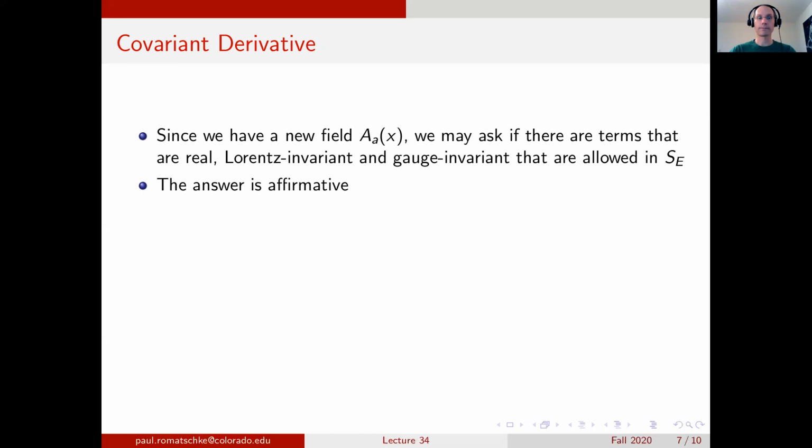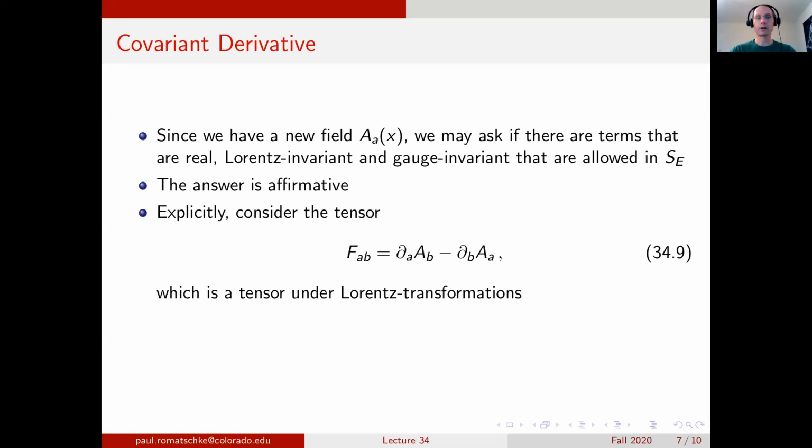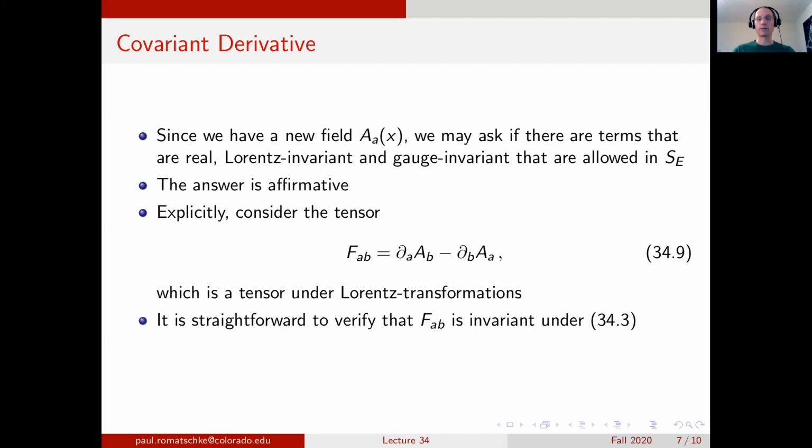There are such terms. And in particular, if we consider an antisymmetric tensor F_AB that's built in the following form, so it's the derivative of A_B minus the derivative of A_A, then this particular combination is a Lorentz tensor. And it's straightforward that this tensor is also invariant under local gauge transformations because it's antisymmetric. So the derivative coming from the gauge transformation of this first term will cancel exactly against the derivative of the gauge transformation of the second